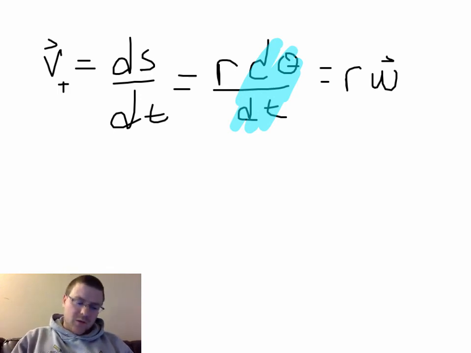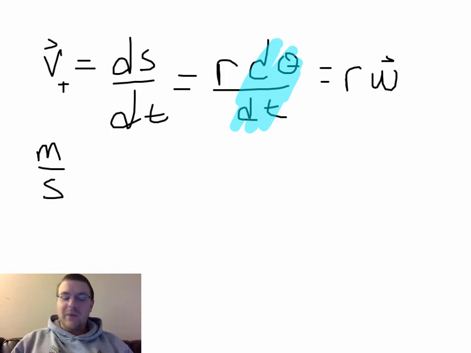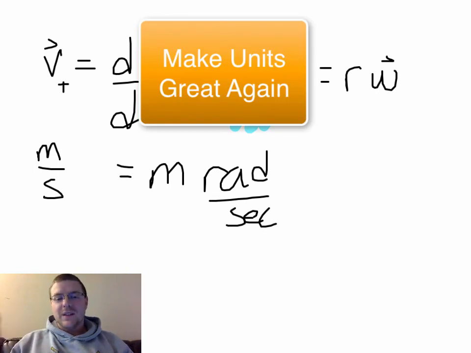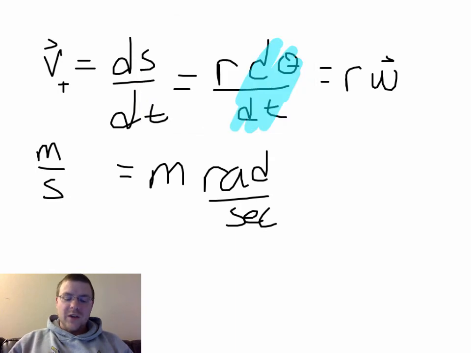And we know that the units for velocity are meters per second. That means that r multiplied by omega must give us meters per second. Well, radius is simple. That's got to be in meters. And omega is in radians per second. The nice thing about radians is radians are really just a placeholder for your units. If a real unit comes along, it can trump and replace the radian unit to give you your new units. So a meter times a radian just really gives you meters per second. The radian is your